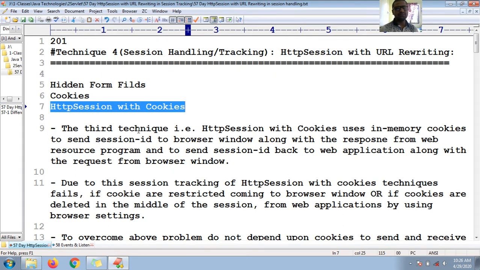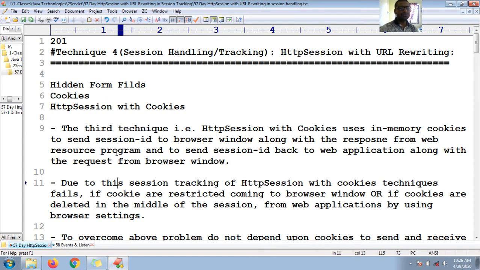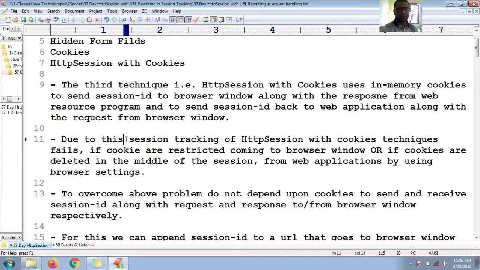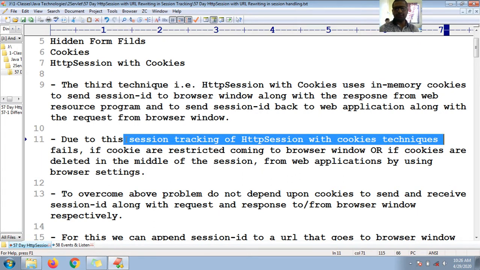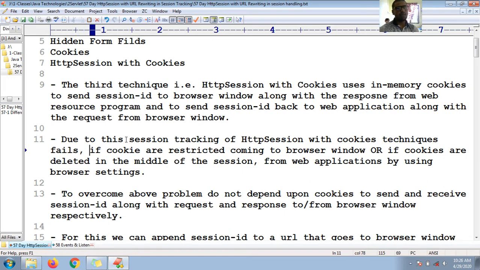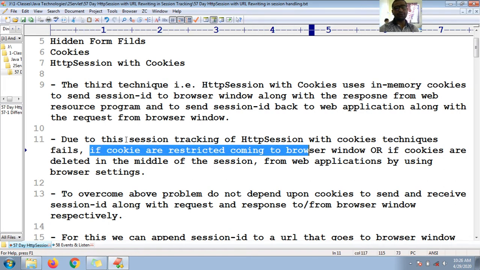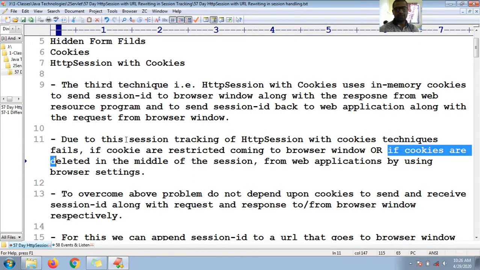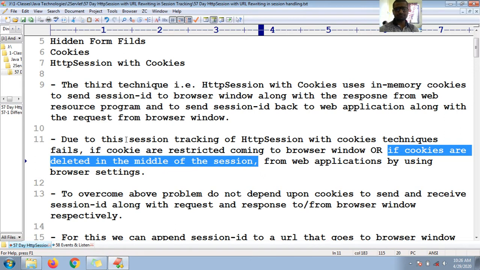So this may increase the network traffic. Due to this reason, the session tracking of the HTTP session with cookies technique may fail if the cookies are restricted coming to the browser window. From the browser window, if I change the settings to stop the cookies coming from a specific web application or specific URL, or if the user or the layman deletes the cookies in the middle of the session, then in that case the session tracking or session handling may fail.